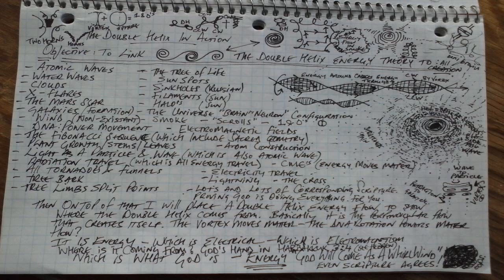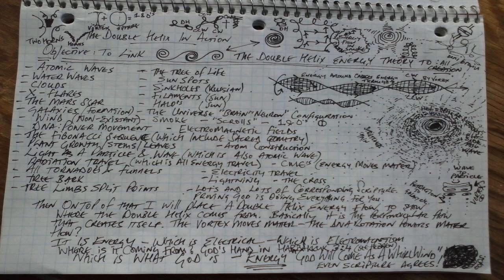So what do I have? I had the objective to link a double helix wave formation. You can see the 2 arrows between it there. That's a rolling wave, and then the actual double helix. And trying to link the double helix energy theory to all creation, and so far I've linked it to atomic